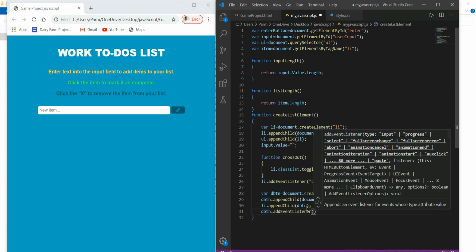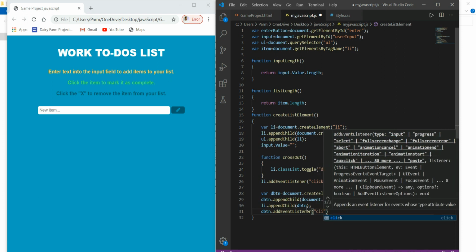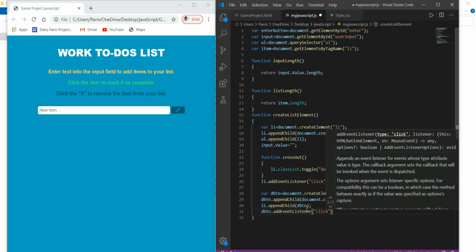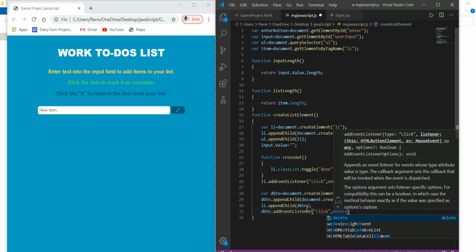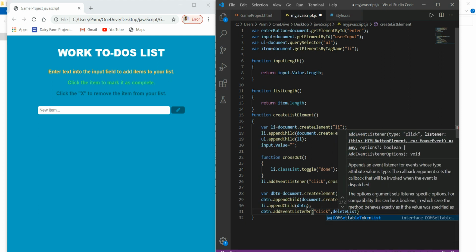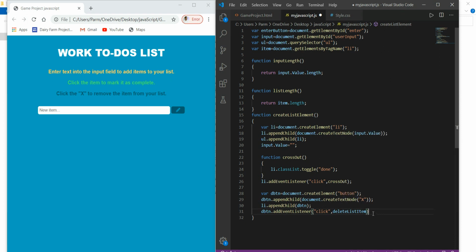If we click on this, some event is created over there. So which event? The click event is triggered over there, so we have to call the click event. Then here we have to give the name of the function that we call with the click. That is, here I'm giving the name of this function as deleteListItem. I have not created this function yet, but I have called it. Okay, this is what is called function prototyping.